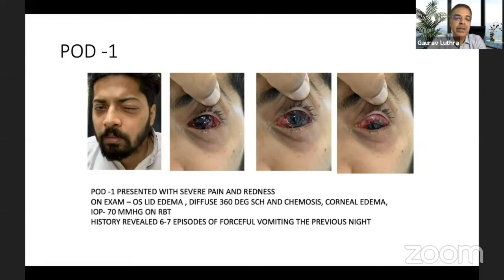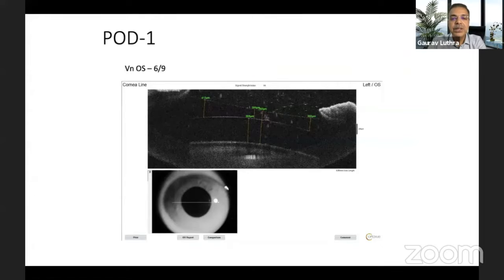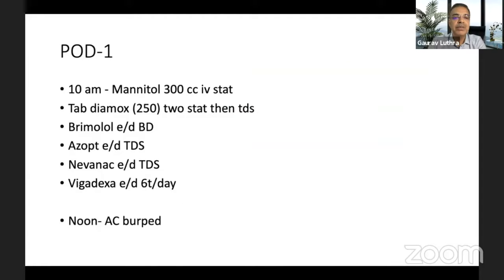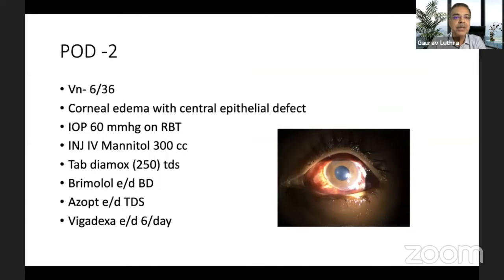We typically, with viscoelastic, if it is used during surgery, even though it's washed out thoroughly, we give Diamox. And the patient probably had very raised IOPs late at night and came up with this situation. It was almost like an RBH, a retrobulbar hemorrhage. The vision was fairly good, like 6/9, but he had been vomiting through the night. And on OCT, the vault was good. On post-op day 1, we gave mannitol and Diamox and tried to bring the IOP down. The AC was burped. Post-op day 2, his vision fell. So we had to intervene.